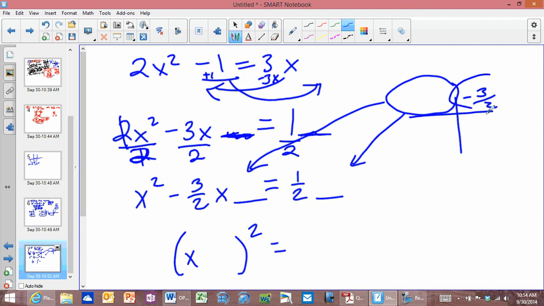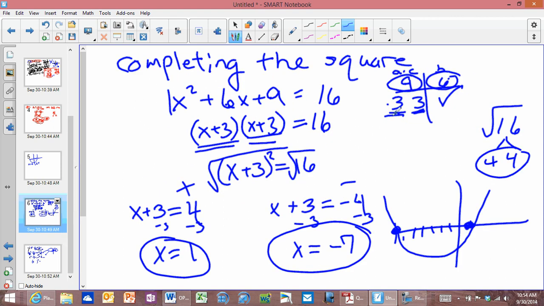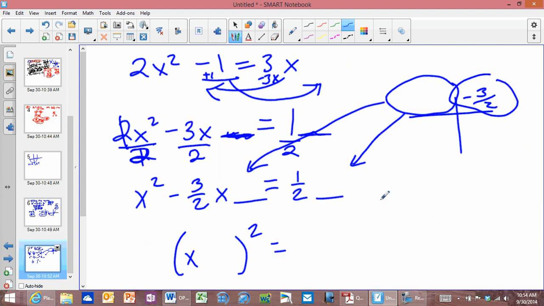Okay, so I need these two numbers. If I look back over here, I needed these two numbers to be the same. Okay, so how do I find numbers that are the same that add to 6? In this case, that adds to 3/2. Okay, so I have to take half of that number is what I'm going to have to do. So this really is about as gross as they're going to get, guys. I have -3/2 times 1/2. That's how I find half of a fraction, is just multiply it by 1/2. That will be